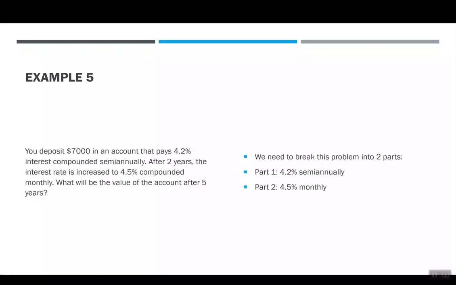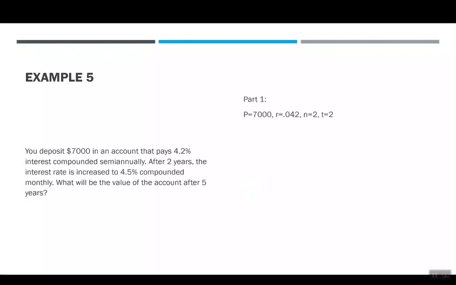Part 1, we need to figure out what's happening at 4.2% semi-annually. And then part 2, we need to figure out what will happen at 4.5% compounded monthly. So for part 1, we started with $7,000. The rate of interest was 4.2%. This lasts for 2 years, and the compounding was semi-annually, which means N is 2. So I put these pieces into our formula. I have 7,000 times 1 plus 0.042 over 2 to the 2 times 2. I can plug this in my calculator, and it says at the end of 2 years, I have